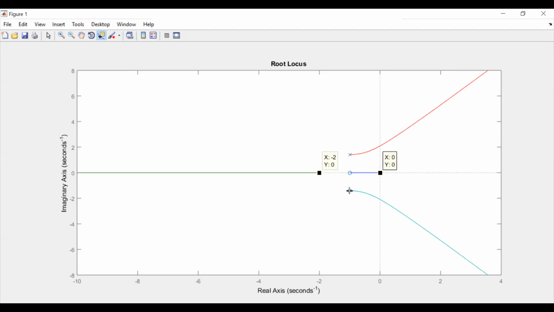Here also it starts from here, see the angle, it is almost 0. If we draw a line here, see the angle between this line and the locus exactly at this point, what is the angle? It is 0. It comes making angle 0, comes towards the imaginary axis and proceeds. So this is how the root locus looks.